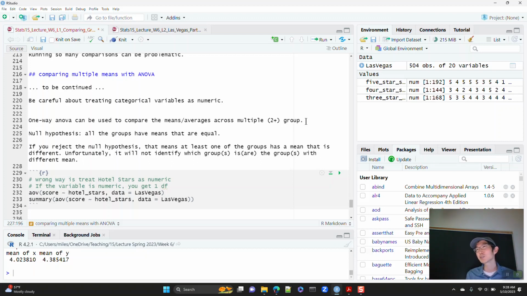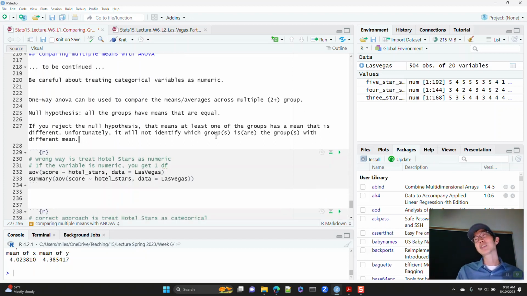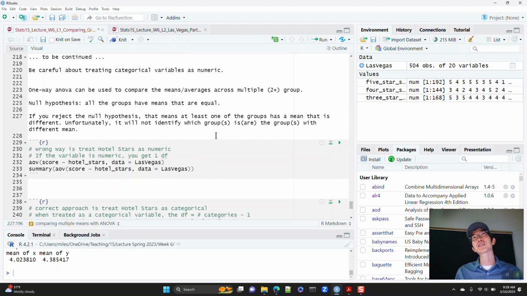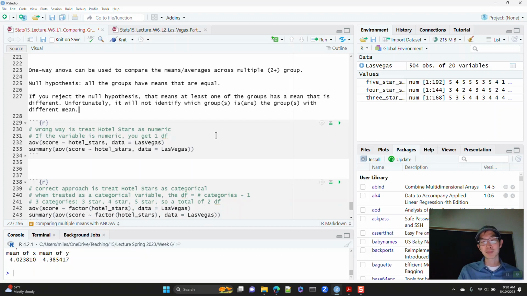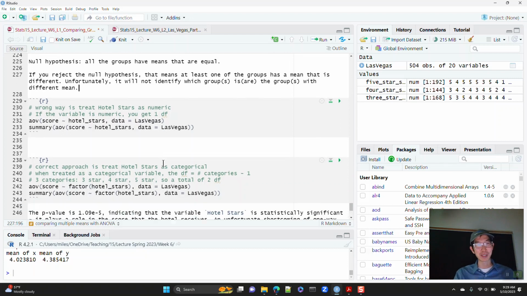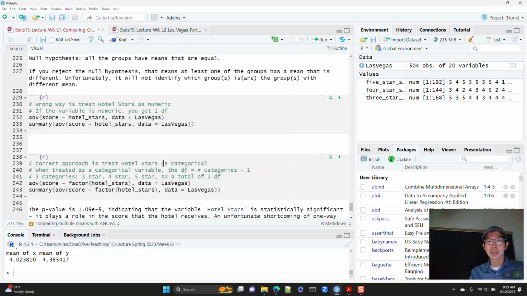And you go, okay, great, which one's the different one? Unfortunately, one-way ANOVA will not tell you that. One-way ANOVA just says all 20 are not exactly the same. But at least it gives you a starting point. And then from there, you can do some comparisons. You'd probably identify the shortest group versus the tallest group and ask, hey, are these different? So how do we go about doing something like that?